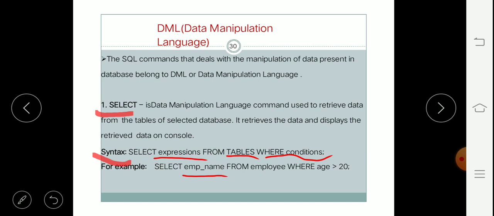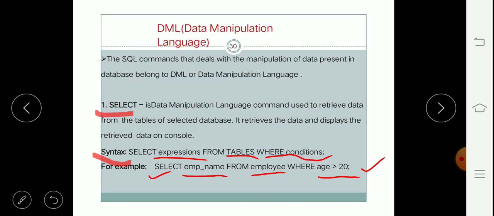So I will write a query like this: select emp_name from employee. Here emp underscore name is one of the columns from the employee table, and employee is the employee table. This is the condition. We always write a condition after a where clause, and the condition is where age is greater than 20. So the result of this query will be employee names having age greater than 20.